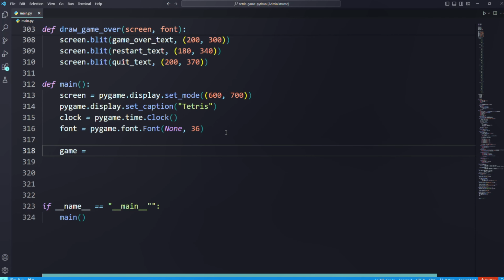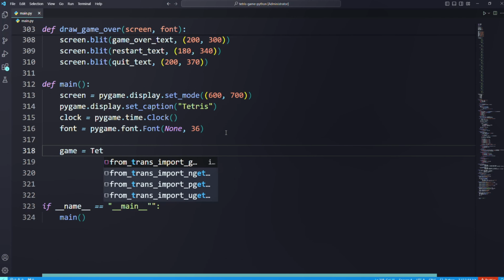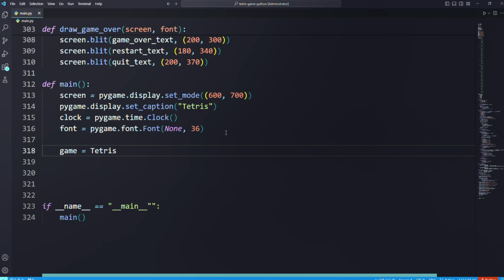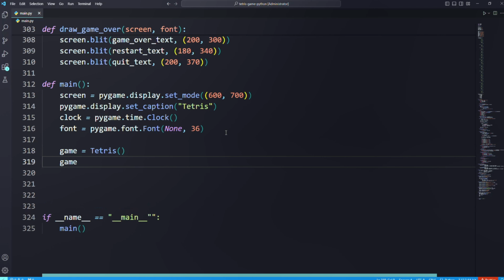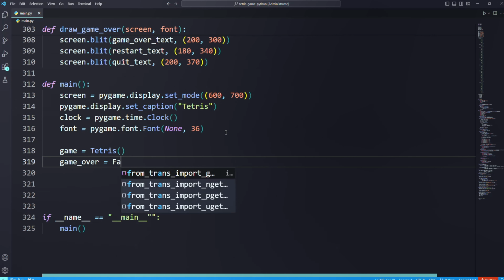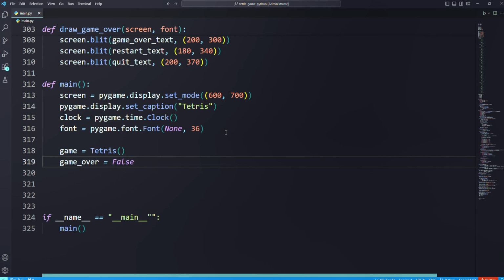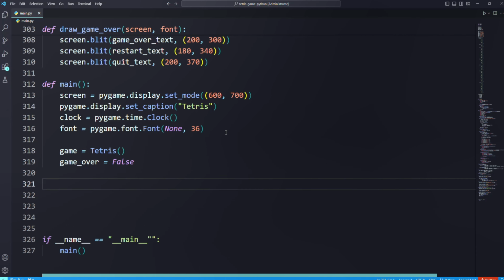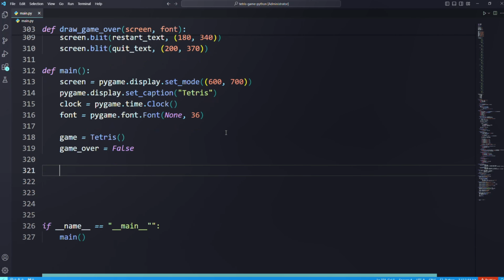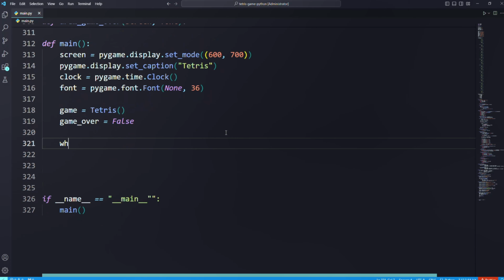So game now is Tetris. So the Tetris, you can say game over. We'll call our game over here. Will be false. So let's do some loop here. While loop here. So while true